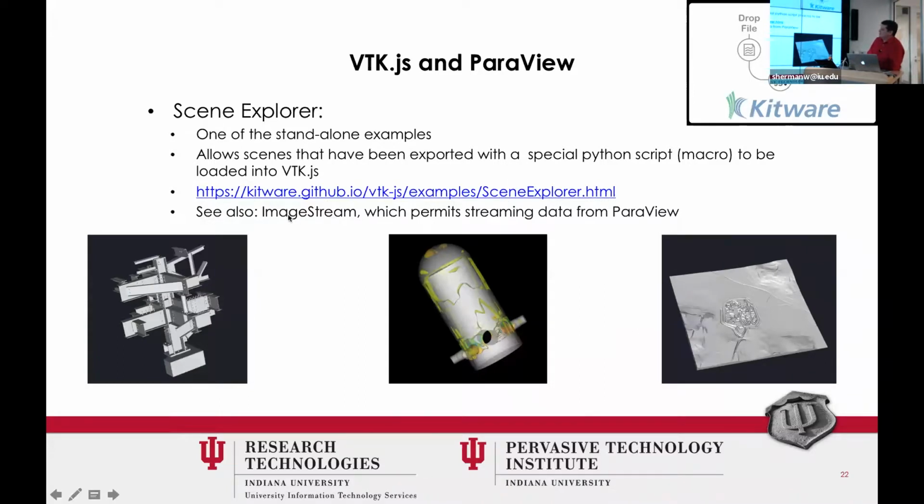There's also, which I'm not showing, a filter called input stream, which actually lets you stream data directly from ParaView if you run a little web streamer on your system. So that's a more advanced topic, which we can maybe cover next semester. But the easy thing to do is take this Python script, which they provide, load it into ParaView, and